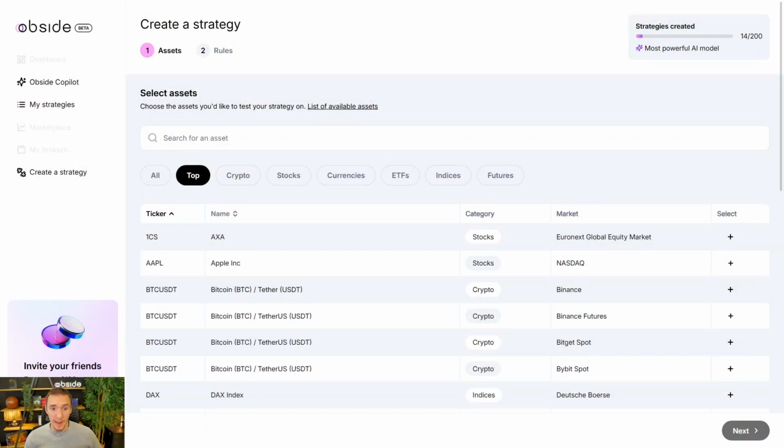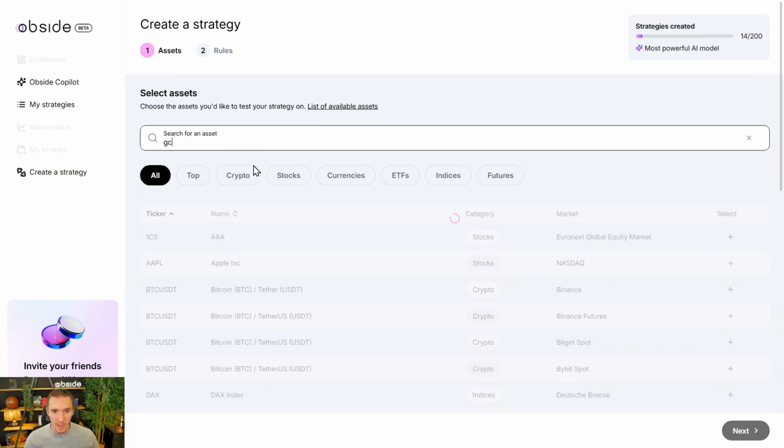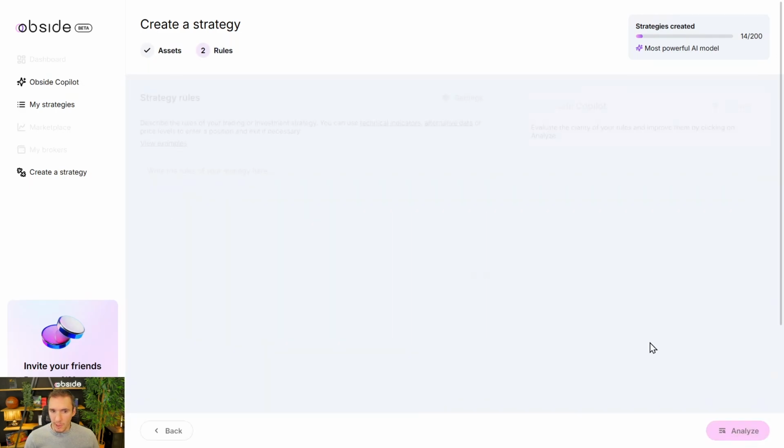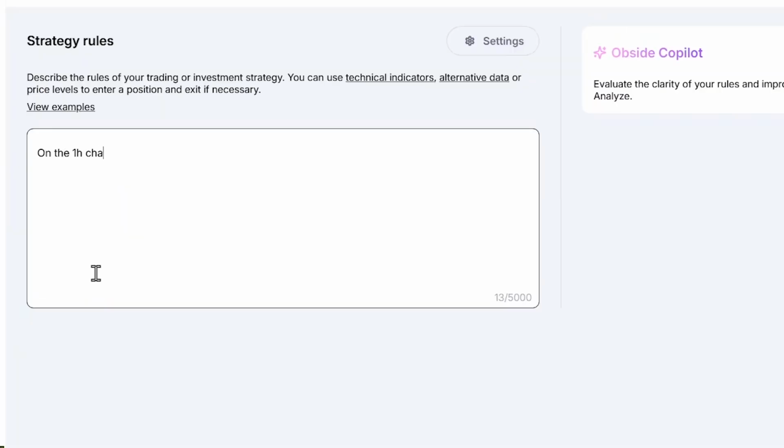Okay, so to do that, I'll go on upside.com and we will create a strategy and test it on gold futures. So here we go, and the rules of our strategy will be the following one. We will say on the 1 hour chart, if there is a bearish divergence on the RSI, and we'll add another parameter, and the ADX is below 30, if we want price to be not really trending, then sell at